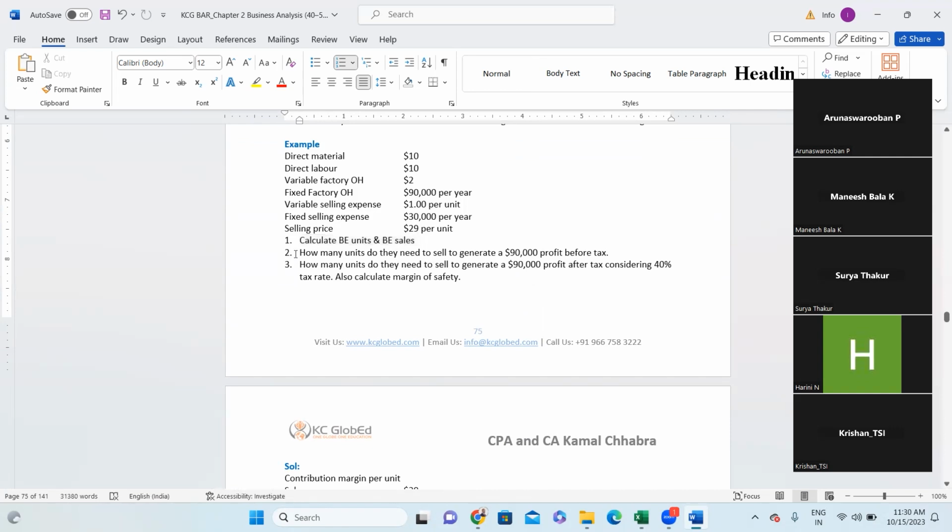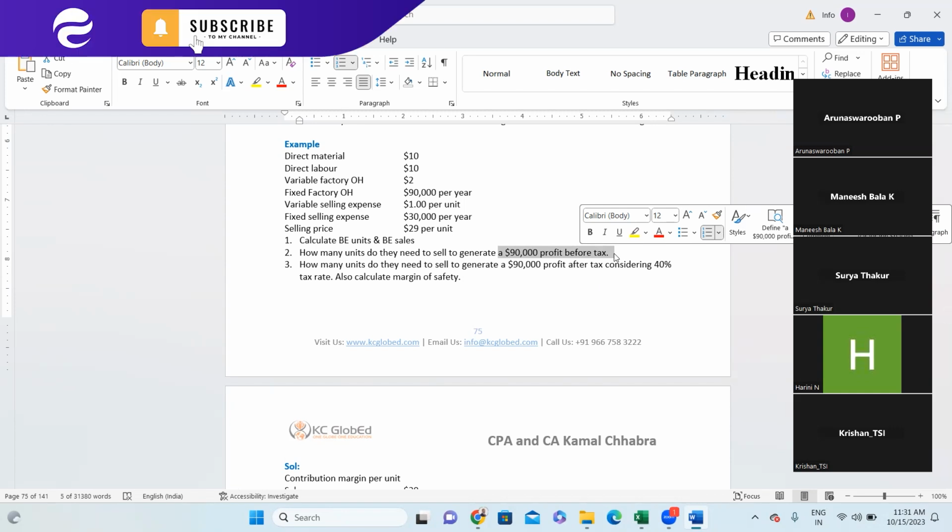So what is the second question? How many units do they need to sell to generate 90,000 profit before tax? So what is this? Desired profit is 90,000, right? What is total fixed cost? 120,000. So what will be the numerator? 120 plus 90. How much is it? $210,000. Yes, sir. And what is the contribution margin per unit? $6,